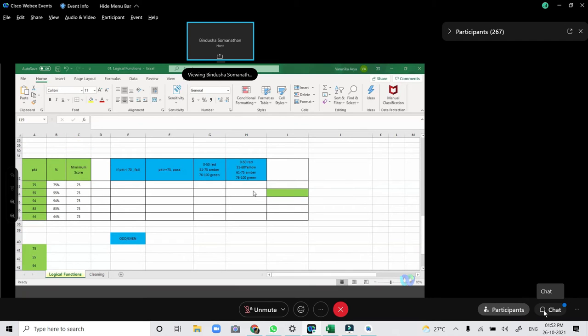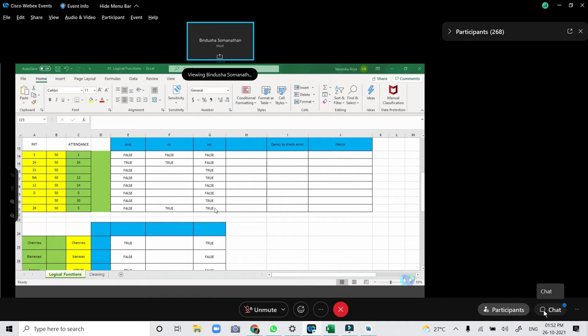And there were questions also around, what if we don't want true or false? Why is G17 true? Why is it true? Because this particular value, it will return true if either of the conditions is met. Now this is not met. However, when you put NA, it will consider it as the ASCII code. Whenever text is given and you compare it, it will consider it as the ASCII code. So the ASCII code of the alphabet NA is greater than the ASCII code of the number 20. So one condition is met here.